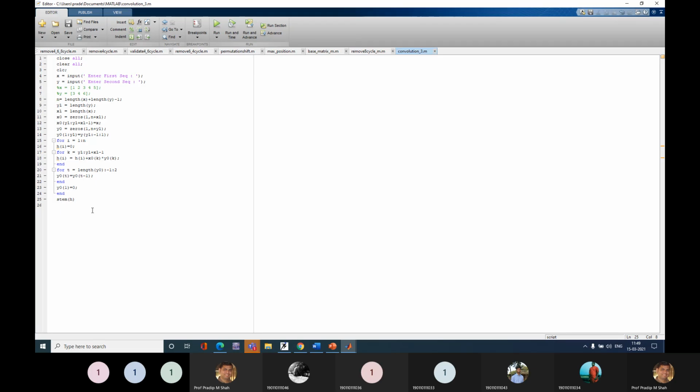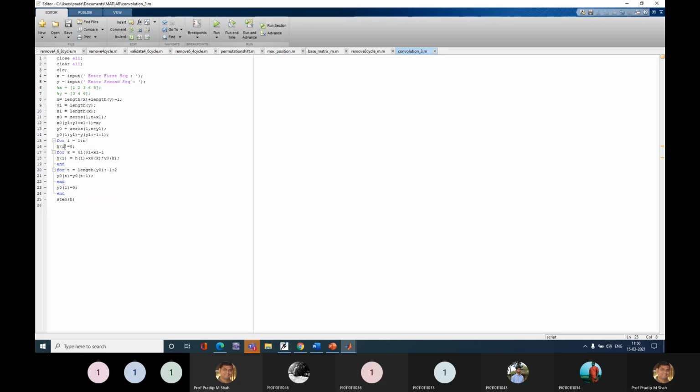I need to define a different for loop for different operations. So first, I use a for loop, i from 1 to n. You can see here in this for loop, i is the variable.